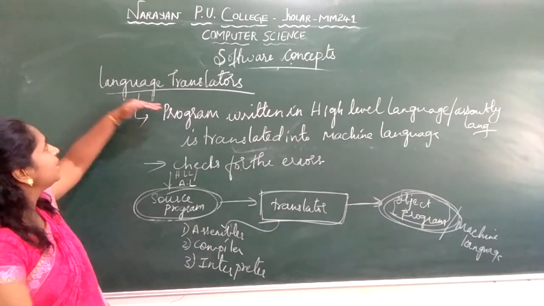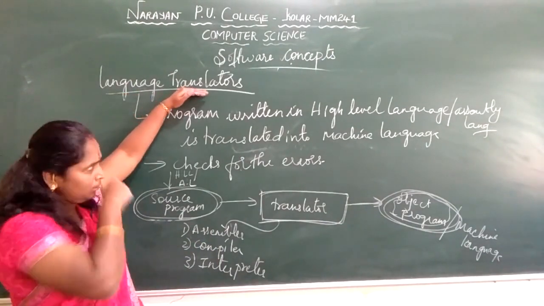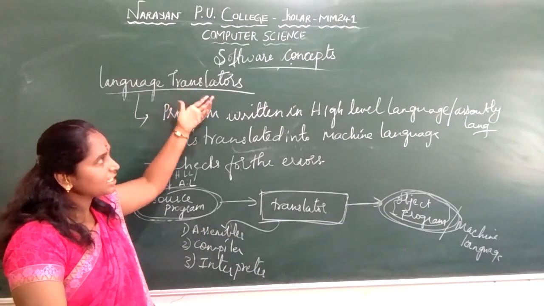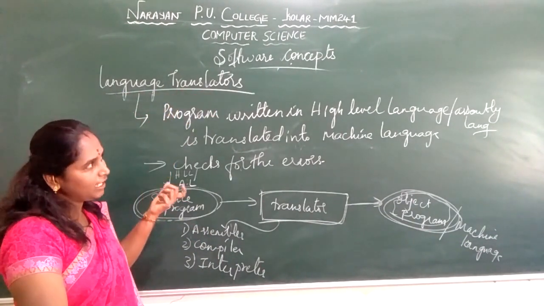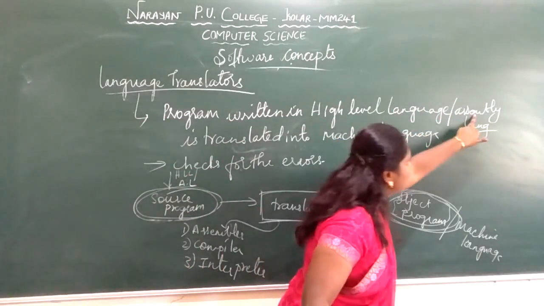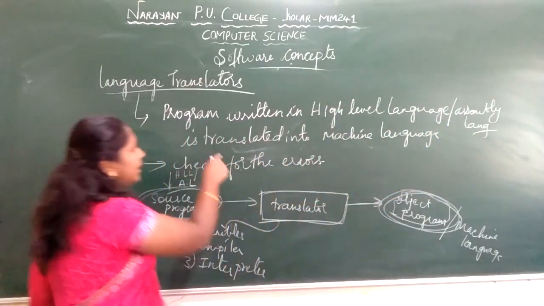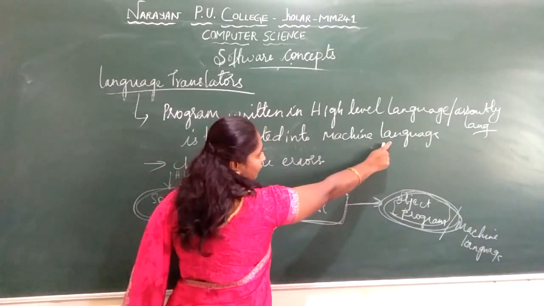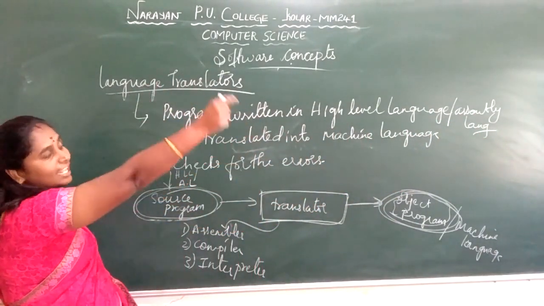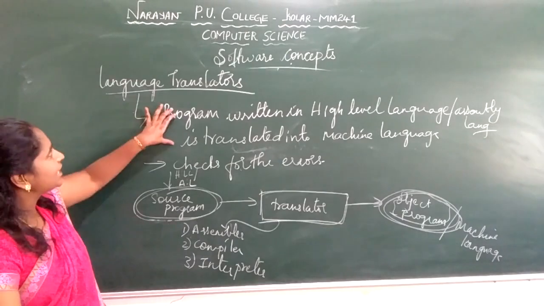Students, once again I will explain. Language translator is nothing but this: a program you have written in any of the languages. We have discussed what is high level language, low level language. A program written in high level language or assembly level language is being translated into a machine language. Using a translator, you are going to transfer it into a machine language. Such a translator we call